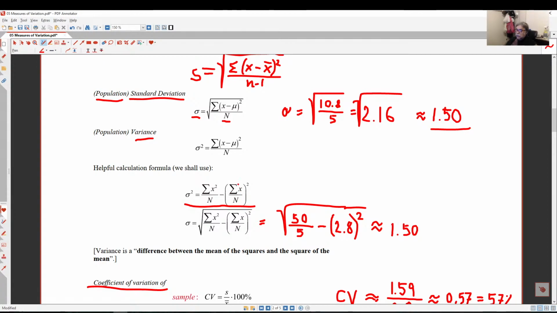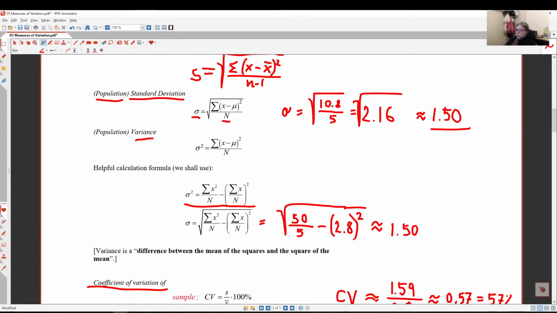That's actually the mean, the average. So you have here 50 divided with 5, which is 10, minus 2.8. That was the mean. It ought to be squared though. So you got 10 minus 2.8 squared,